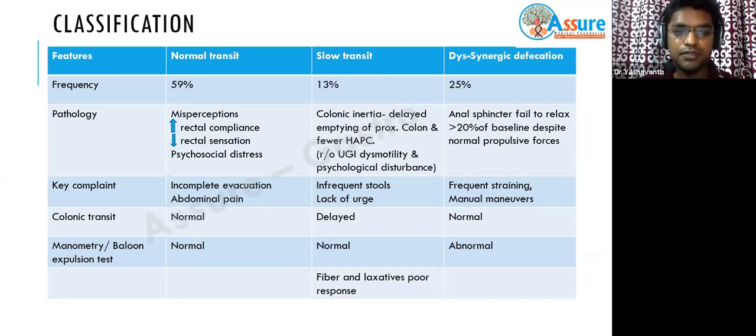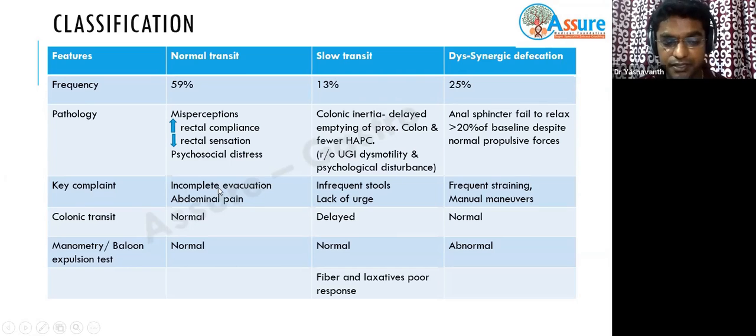But sometimes this constipated patient will have so much redundant colon, it will take up whole of your 1.6 meters colonoscope. Still, you won't be able to reach the cecum. So that is the increase in the compliance you see in this. And sometimes in these patients, you also need to rule out whether there are some other things which you are missing, like psychological stress.